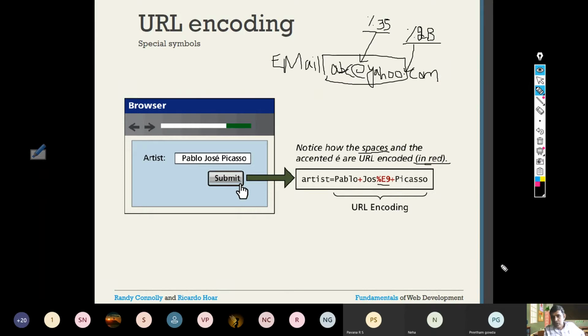So hope you understood. URL encoding uses special symbols, like plus is used for spaces. And for characters other than alphabets, what will they be using? They will be using some encoding which uses the ASCII value. The ASCII value will be preceded by the percentage symbol. So this is how the URLs are encoded in a query string, where the browser sends this query string to the server.